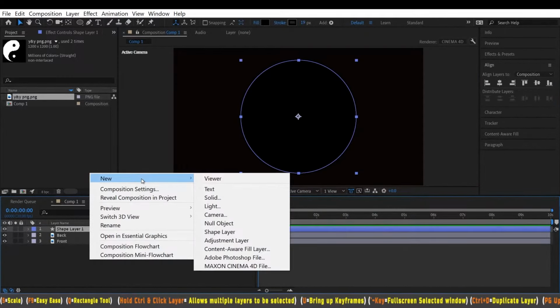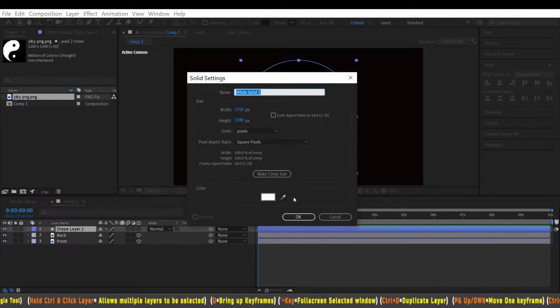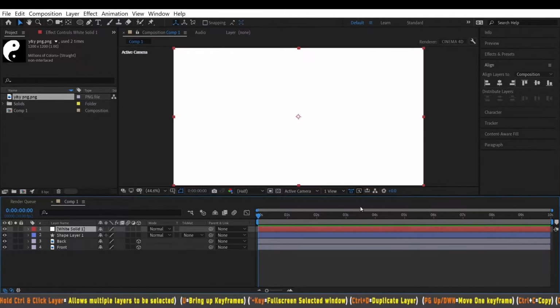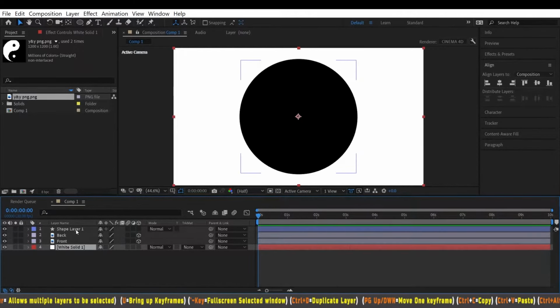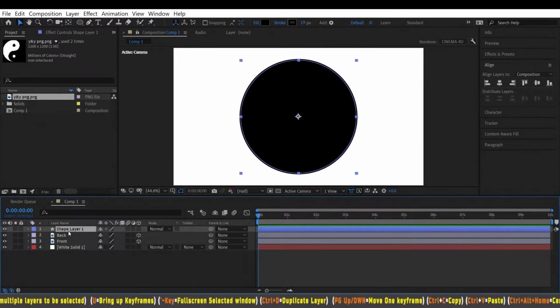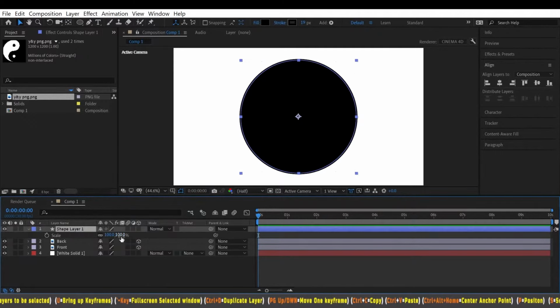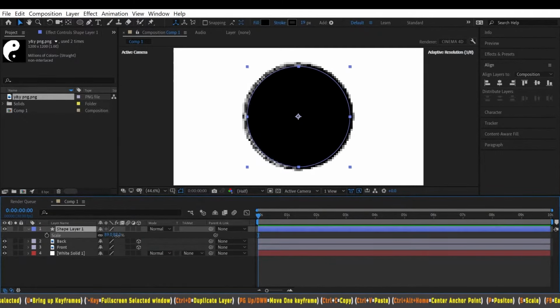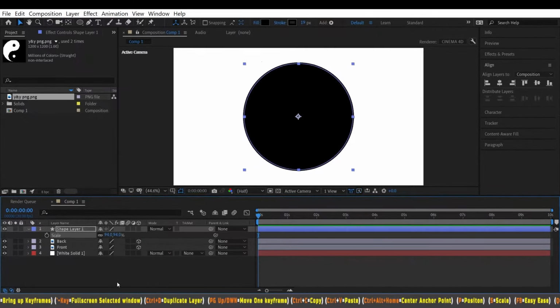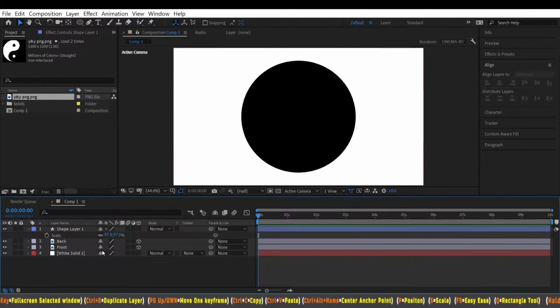And let's add us a background so we can see this a little better. So we'll right click, new solid, and white is fine. Let's drag this to the bottom and we'll scale it down. Click S. And that should do.